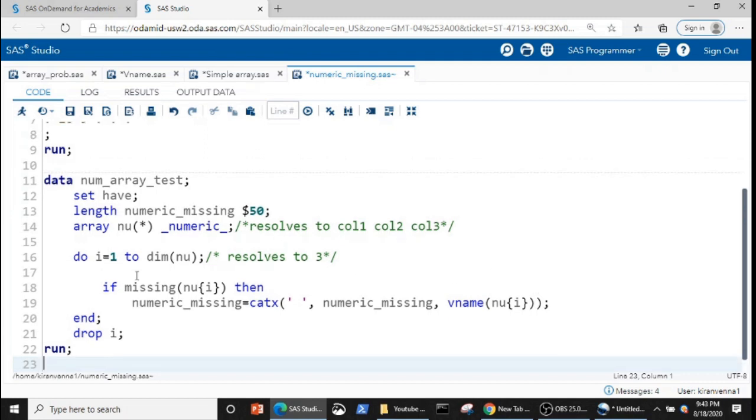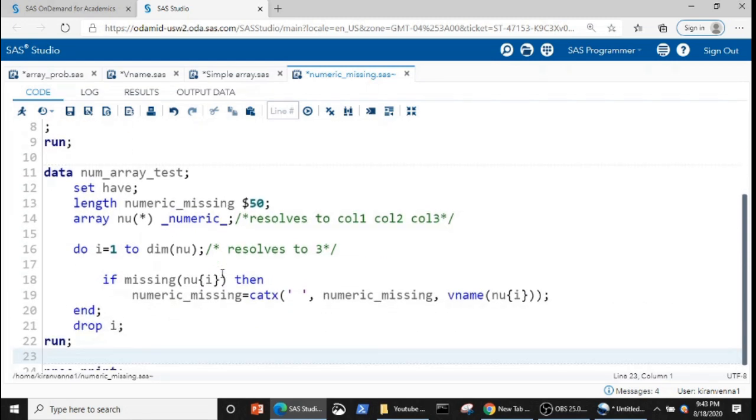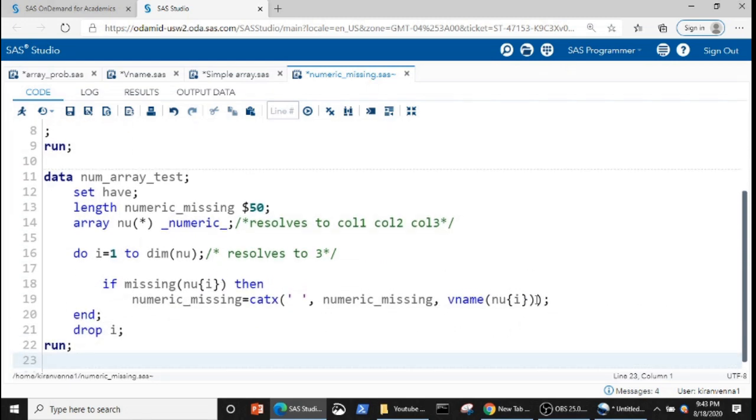When i is 2, this becomes nu[2], which means we are accessing call2. As call2 has a missing value, we are going to capture the variable name. Again, we do catx with space, numeric_missing, vname(nu[2]). As the value is missing, this is going to capture call2.